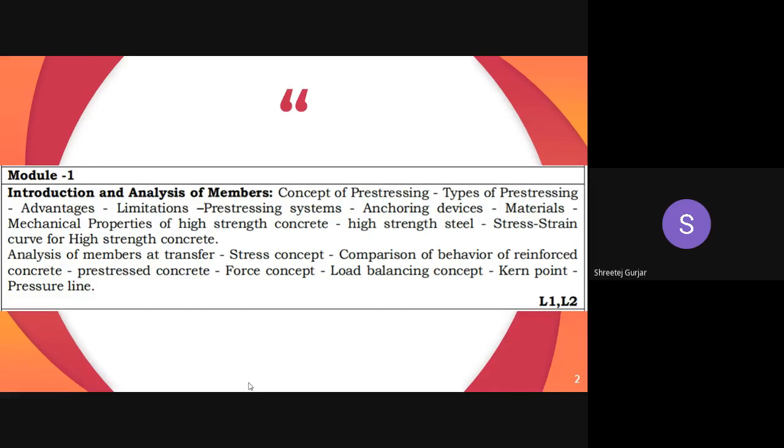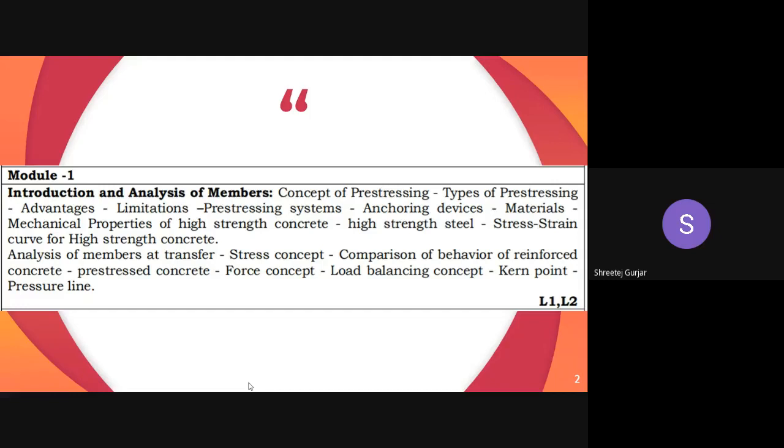As you know, pre-stressing is a different kind, so we will be using some different materials for pre-stressing, not regular RC elements' ingredients. Some special things we will be including in your PSC elements. PSC, always remember, means pre-stressed concrete. So I'll be saying PSC, meaning pre-stressed concrete. We will have to study a few mechanical properties of the high strength concrete and high strength steel that we will be using in your PSC elements. Why do we have to use this? We will explain. Then the stress strain curve for high strength concrete.